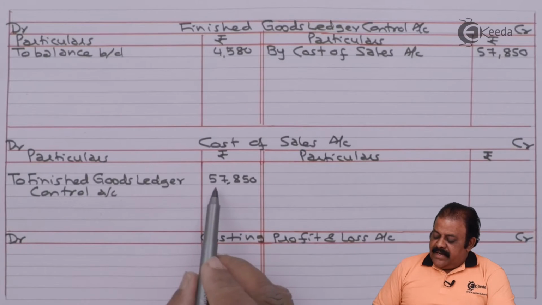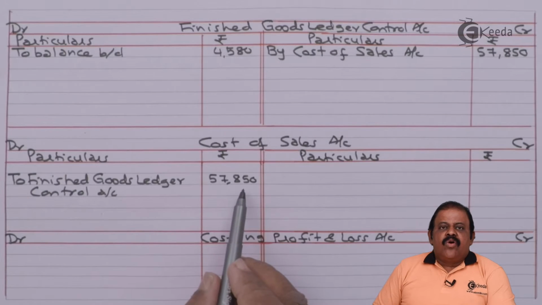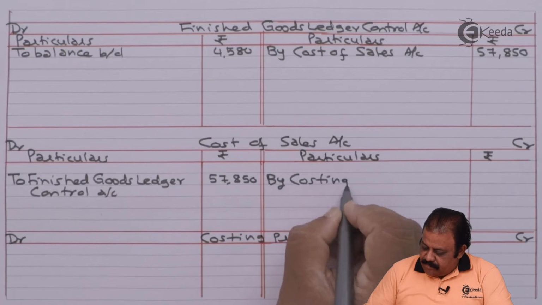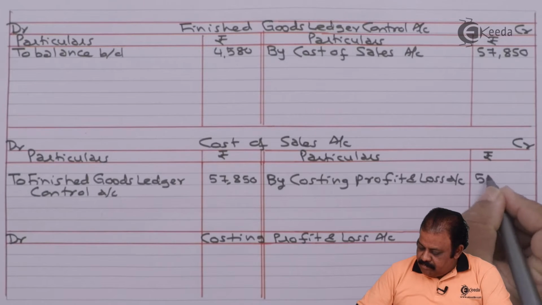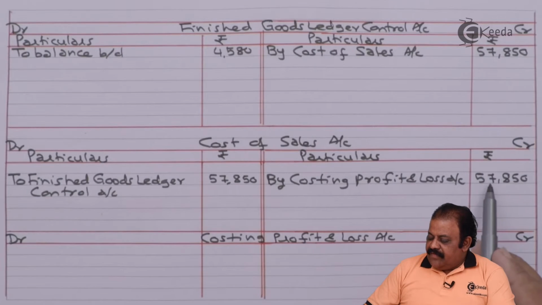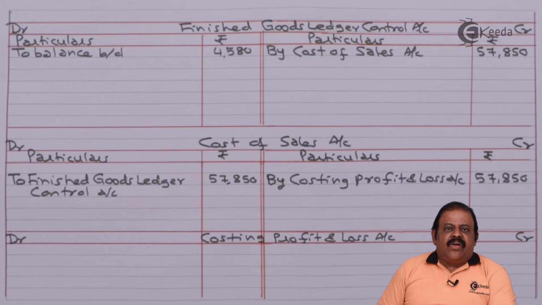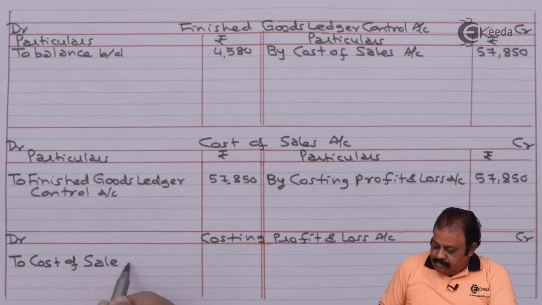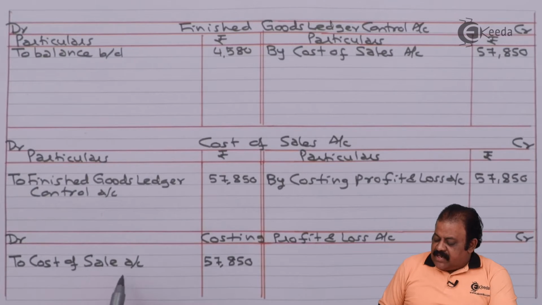Cost of sales we have debited 57,850. This will be then transferred to costing profit and loss account, by costing profit and loss account 57,850. This will be debited to costing profit and loss account, to cost of sales account